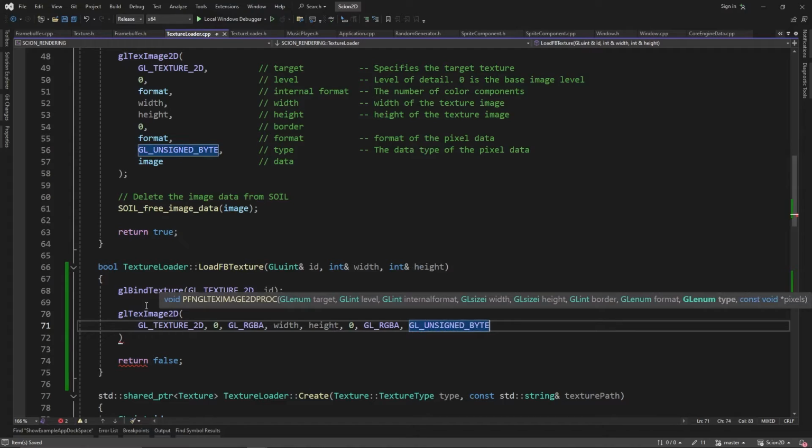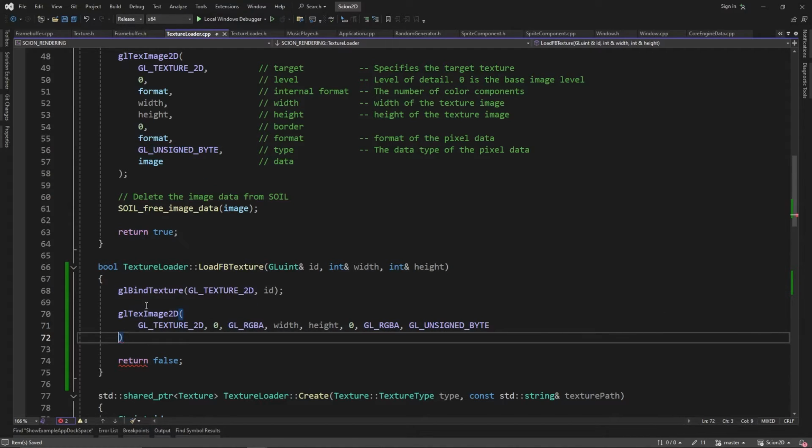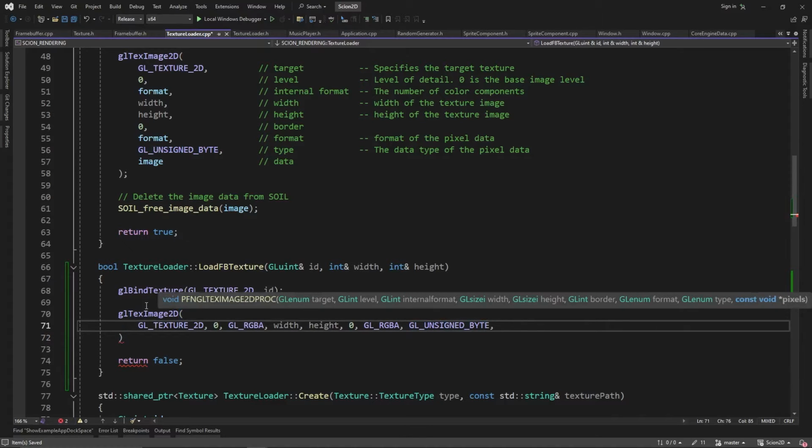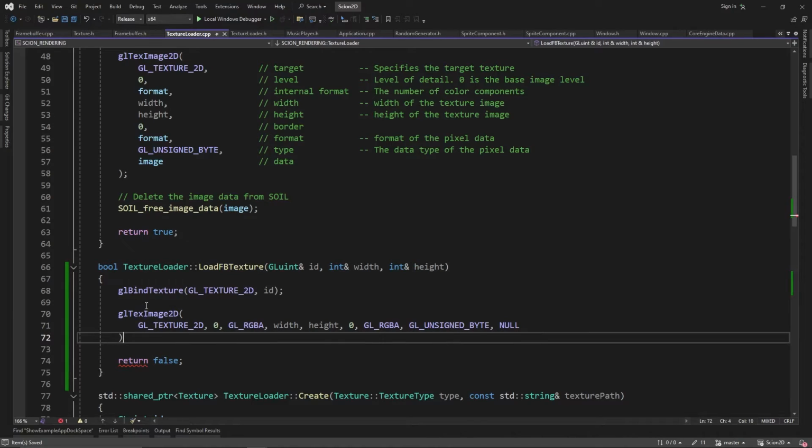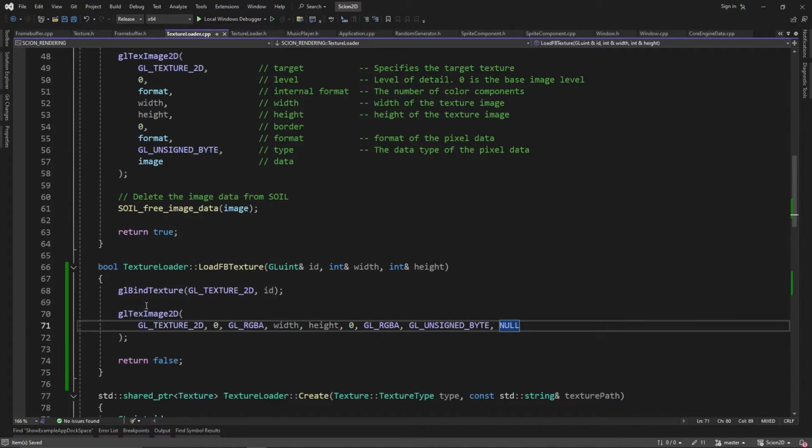So basically the same as above there, except we're hard coding the formats that we want. We're not checking what the format is. And then right here, when it's const void pixels, we're not sending any image data in. So we can just set this to null for now. Okay. The reason why we're not setting any data in is because basically, it's empty data, and any draw calls will be rendering to the frame buffer